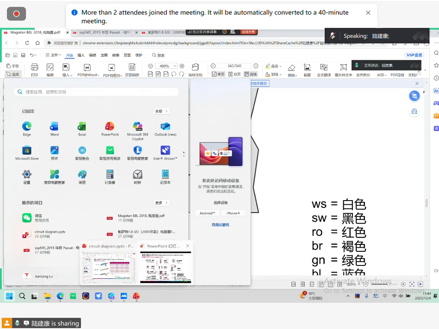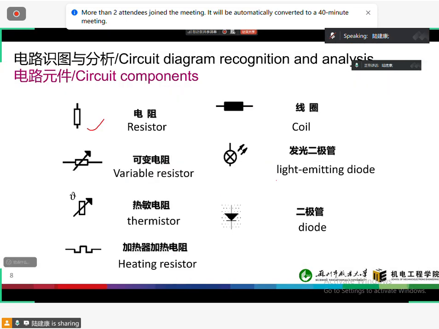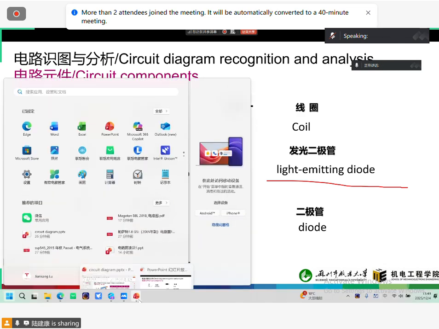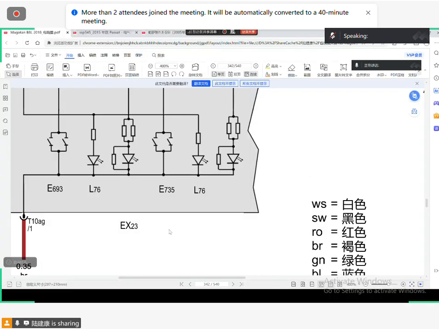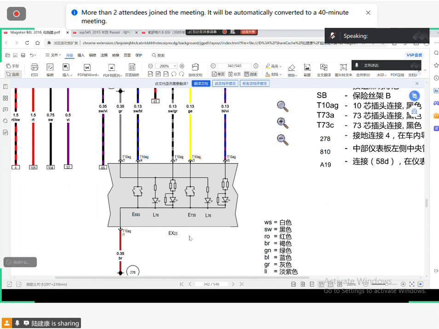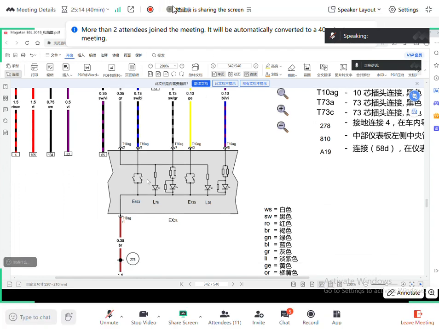Just now we saw this. This is a light emitting diode. A little bit different, right? A little bit different, but it also means they are light emitting diodes. It can give light. And this is the